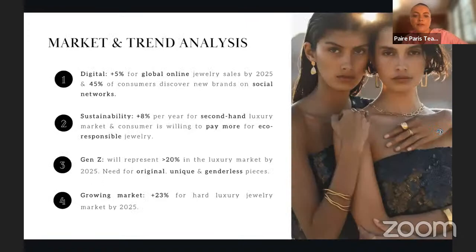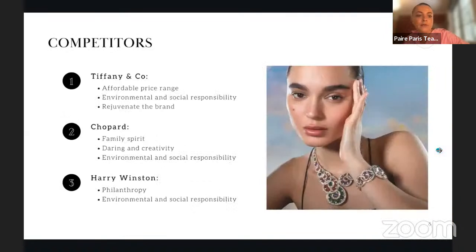And now, in terms of market analysis, we have seen that the luxury jewelry market is a growing market with an increase of 23% by 2025. That is partly supported by the consumption of Gen Z. So it is therefore the digitalization as well as the criterion of eco-responsibility that are essential in this market. Our main competitors include Tiffany, Chopard, and Harry Winston.